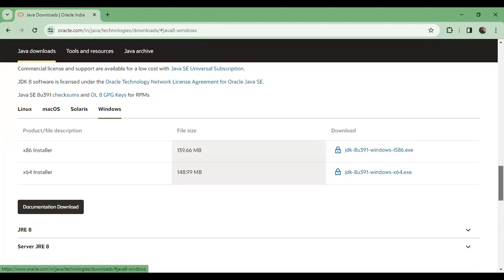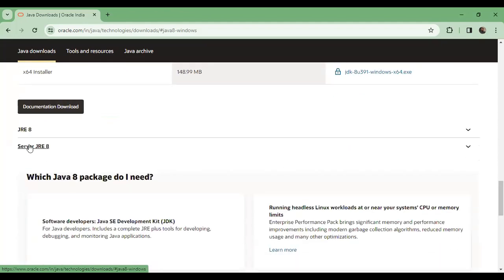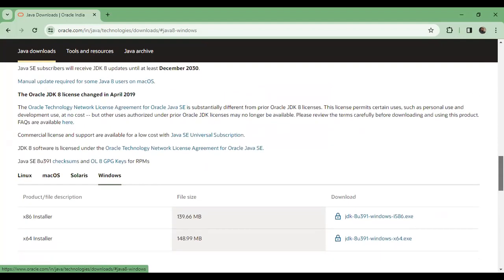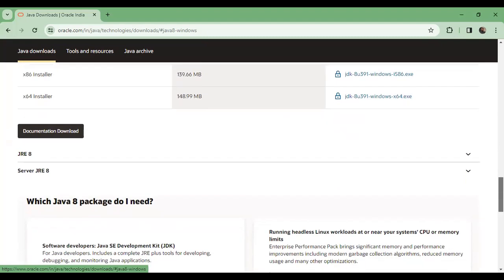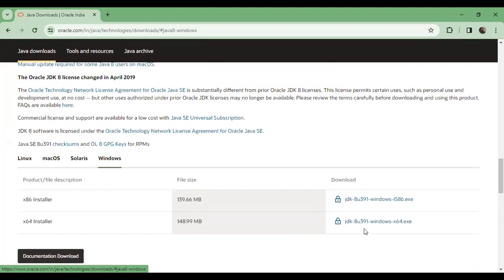And one more is there, that is the JRE, Java Runtime Environment. System administrators have to use this JRE, but the developer cannot be concentrated on this JRE. Only developers have to use the JDK files only. So the JDK, whenever you click on this 64-bit,